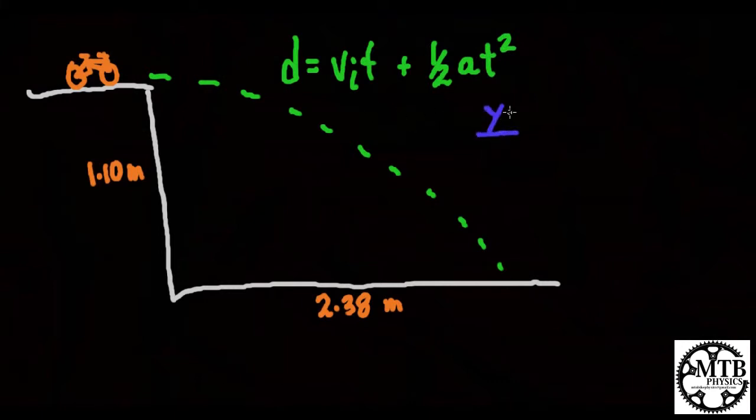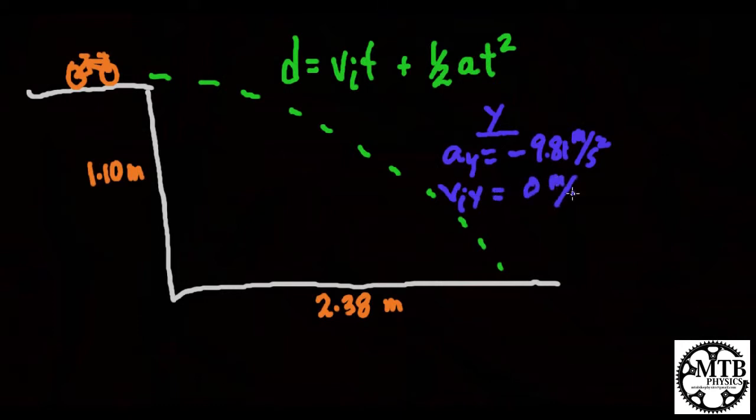Here's what we know. Acceleration in the y direction is going to be negative 9.81 meters per second squared, which is acceleration due to gravity. And initial velocity in the y direction is 0 meters per second. It wasn't going in the y direction. Our x acceleration was 0, and our velocity is unknown. What is common to both of these coordinates is time,